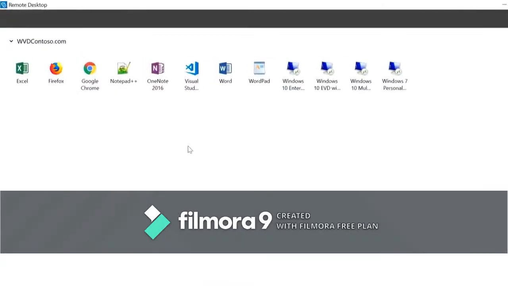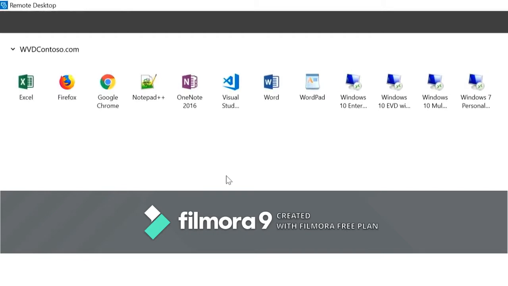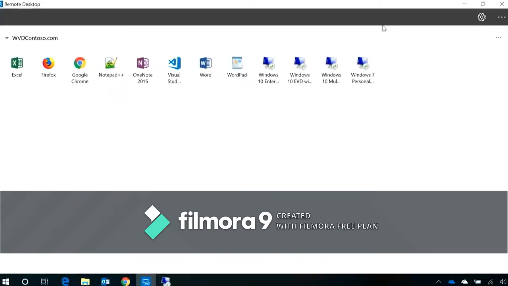Right, and you're talking about the end user experience. How has that then been enhanced? Well, that's a great place to start. We've made progress across all our clients, but let's start with the Windows experience. So here I am on my Windows 10 device, and I'm using the new Windows Virtual Desktop client application. Now, the cool thing about this application is it can run all the way from Windows 7 through Windows 10. Here you can see all the apps and desktops that my IT admin has provisioned for me. And I can launch them right here through this application, but they've also been fully integrated into the